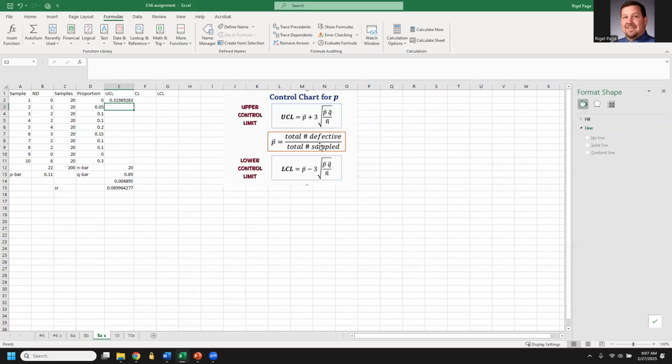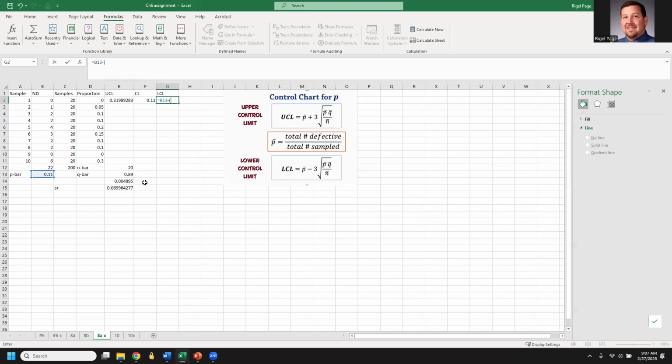Our center line, total number of defects is, I'm reading that, but we already have a P bar. No point in that. Let's see, I did it again. Need to make sure I copy the value. All right, so let's do this again, but subtract our Z, which is 3. Okay, so we have our P bar